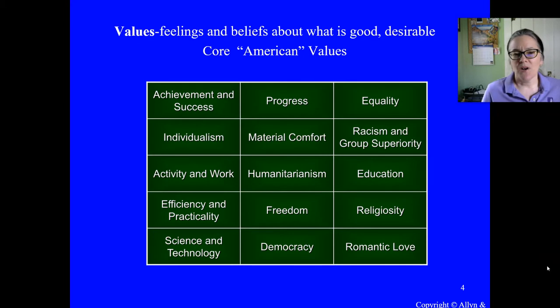So you should see some of the core American values. This is as presented by two sociologists that I've used when I taught Intro to Sociology. And I would say that they're still relevant today, even though this book, I think, was from 2007. So you see anywhere from achievement and success, individualism, but also freedom,